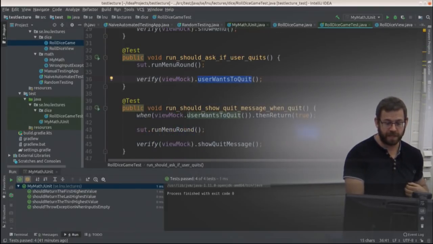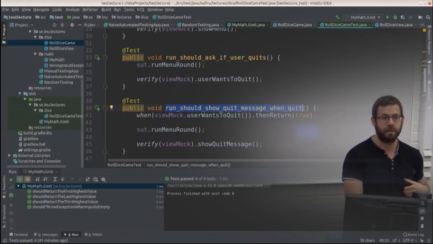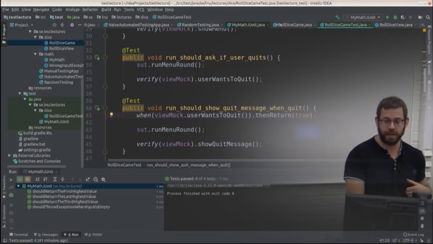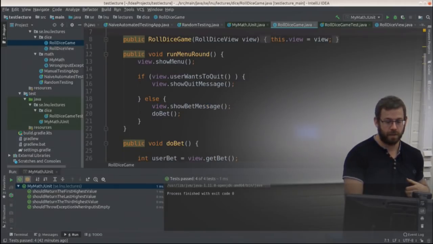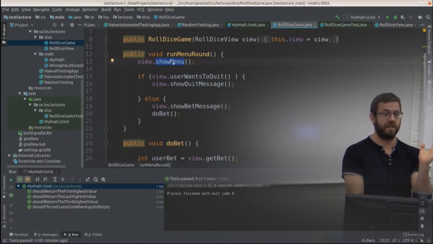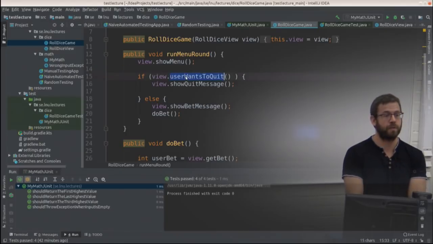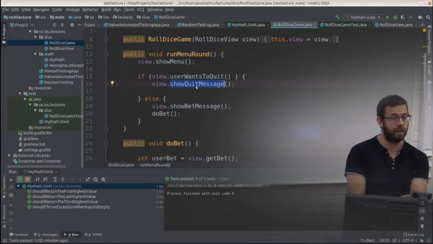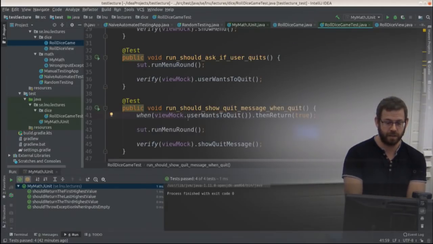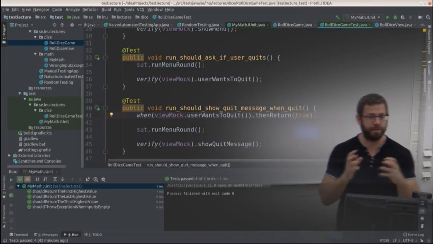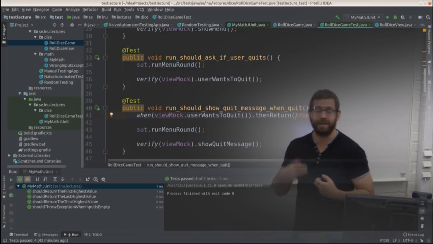Yeah, and the next method, run, should show quit message when quit. In order to do that, the show menu I've already tested, so I don't test that again. But in order to show the quit message, I want this one to return true, and then I go in here, and this method should be called. So let's take a look at the test. When view mock, user wants to quit, then return true. I configure the mock objects so that I get